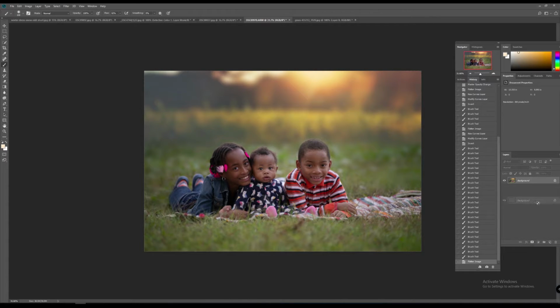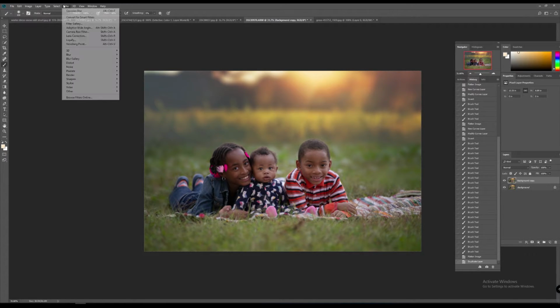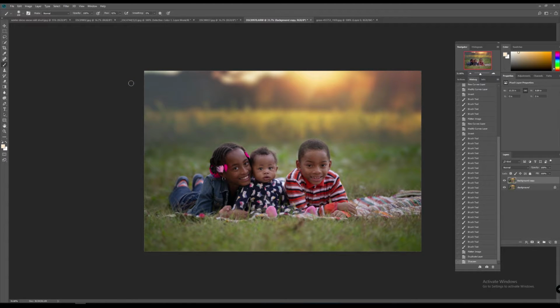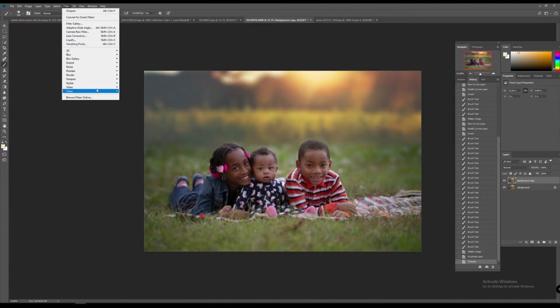Okay, so now I'm going to duplicate my background layer again, and I want to come up here to Filter, Sharpen, and just select Sharpen. Now let's see if that did. Okay, that didn't do exactly what I wanted it to do, so now I'm going to come back up here again to Filter, Sharpen,